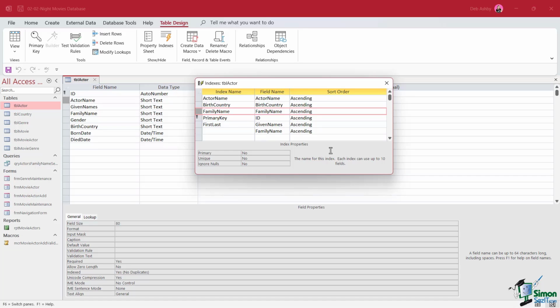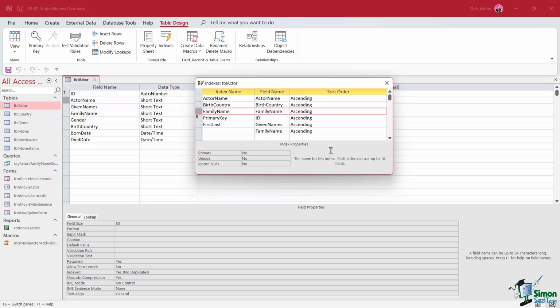So when Access is building its index, what happens if the family name is null? Well, if ignore nulls is set to no, as it is here, then there is still an entry placed in the index for the family name, but for the index value, there is null. And we might well expect that in a large table with an index where ignore nulls is set to no, you might have a number of records where this particular index has a null value. Now, if you say ignore nulls is yes, then any records where there is a null value will not have an